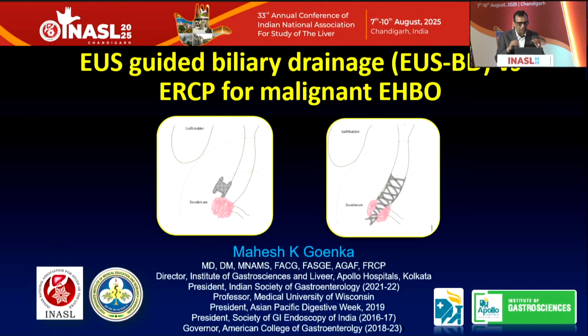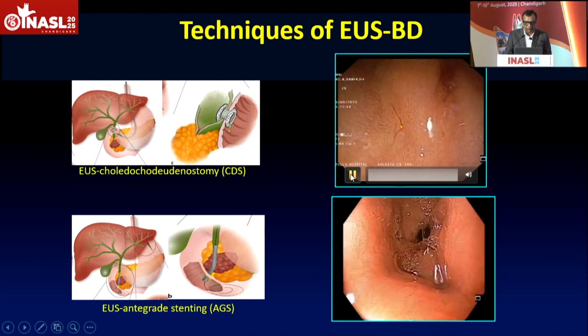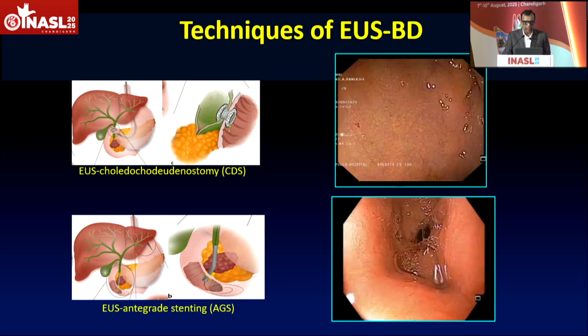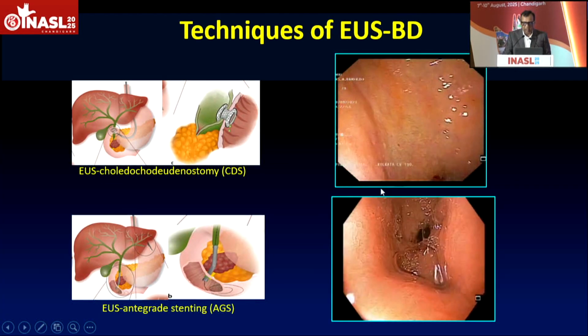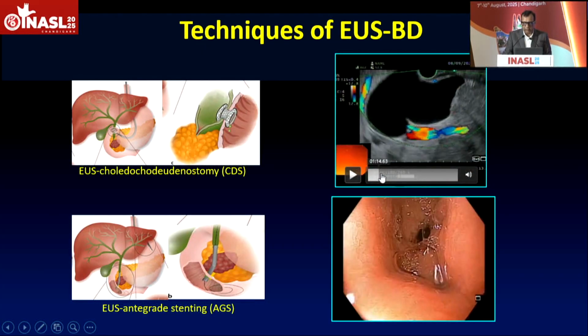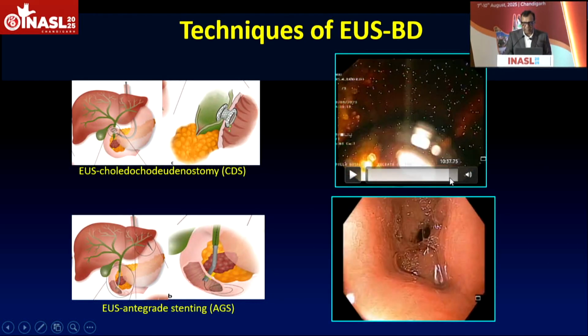My job is to talk to you about EUS-guided biliary drainage versus ERCP for malignant extrahepatic biliary obstruction. I know everybody knows about these techniques, but if you talk of EUS, the one most commonly done is the EUS CDS, in which we approach from usually the first part of the duodenum, puncture the bile duct, and then put a stent, which can be either an Axios LAMS stent or